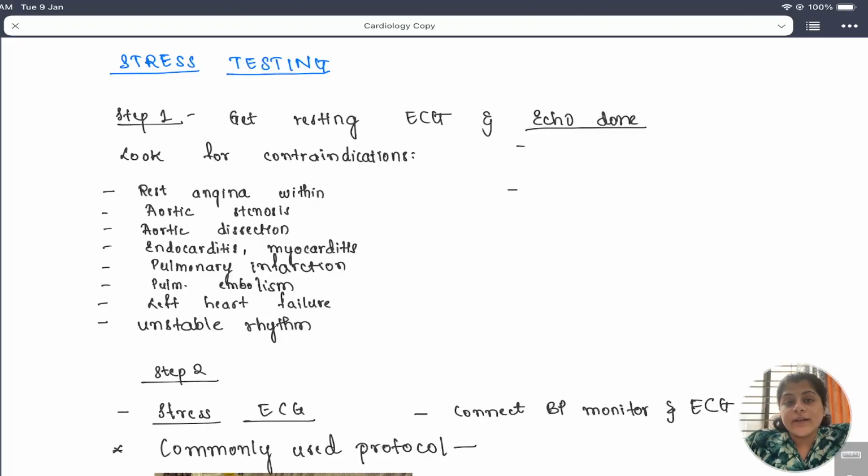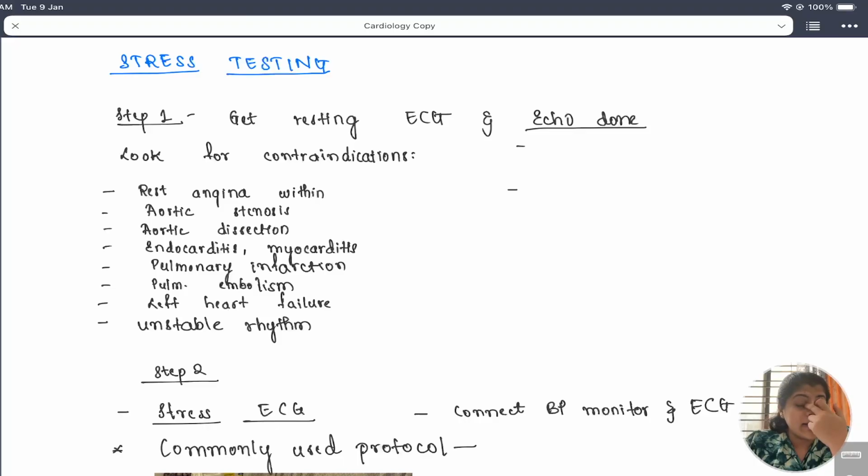An important feature of the pathogenesis of stable angina is that you will be able to see ischemic changes only when the patient is exercising, not during rest. So you will have to make the patient exercise and then see if there are any ischemic changes. This is very important. A baseline ECG will not be of much use in stable angina. You will always have to make the patient exercise or undergo some stress to see if there is any impairment in